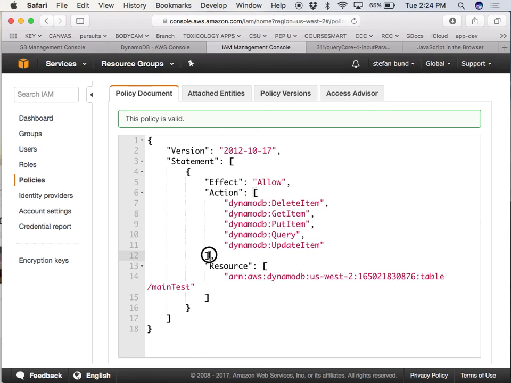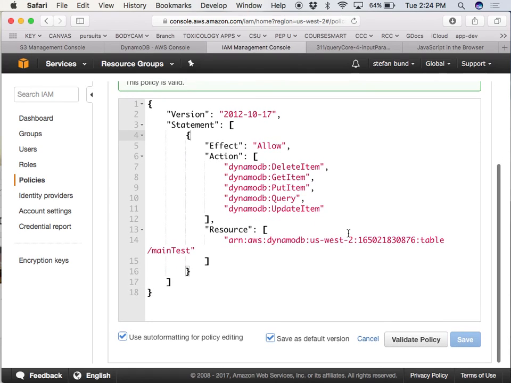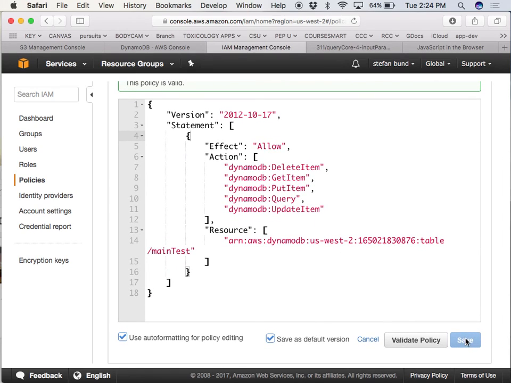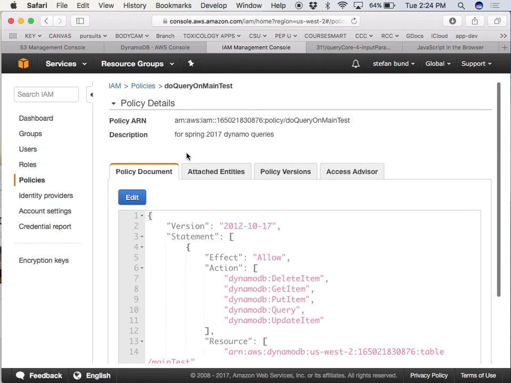It's challenging. They allow you to edit so you won't make mistakes. You have bracketing, and then you have one statement, and then you validate it, so that it's valid JSON, I imagine. And then you can go ahead and save it. And they say it's valid. And you can say, I haven't changed it. So that policy is going to be applied to your role.